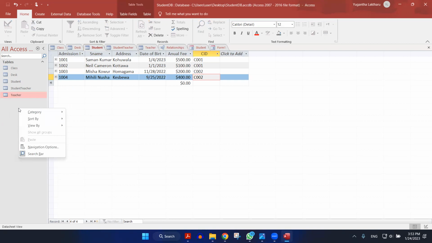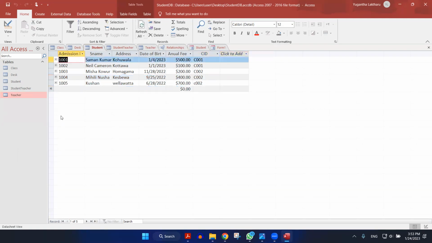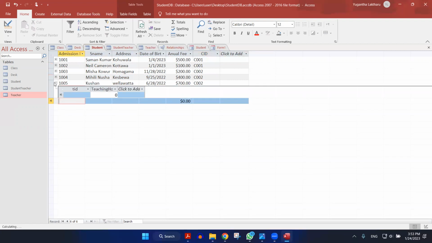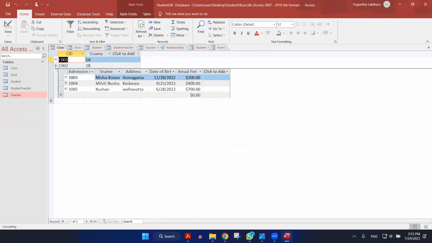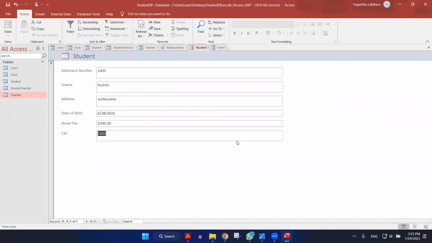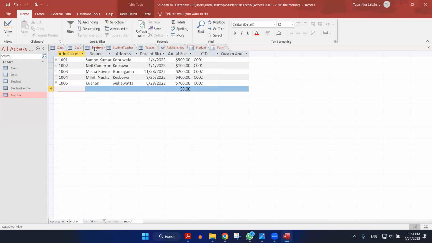In some of the database, they give you the chance to refresh everything. Yes, even in here it is. So now you got something called refresh all. If I go for the refresh all, see, the 5th record is added, right? So now if you expand it, it looks like this. If you go to the class, now C002 has 3 particular students, right? Now in here, we just insert the details from this particular form, not by accessing this particular table,